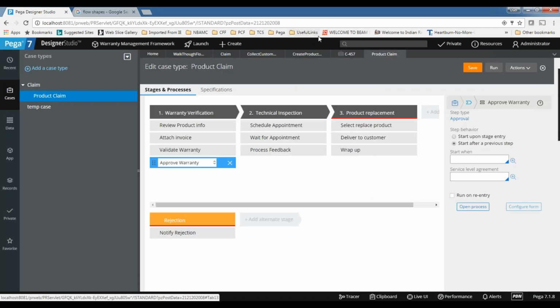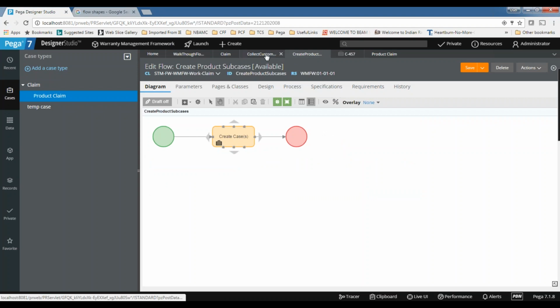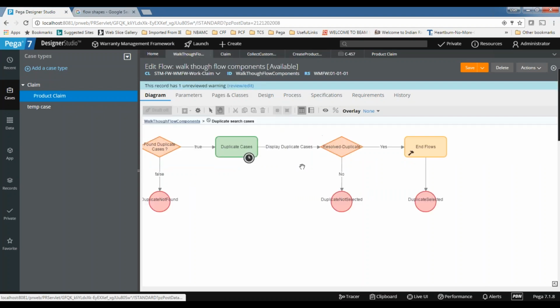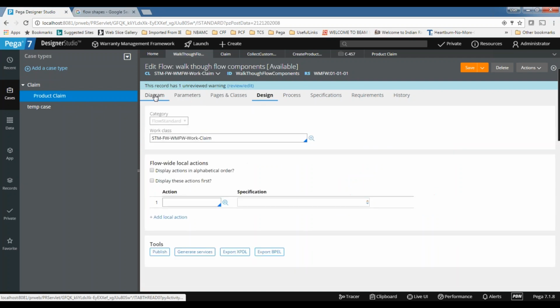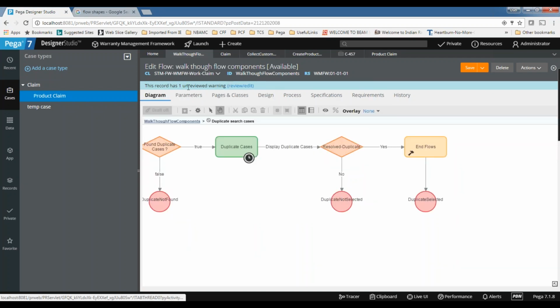Okay, those are the smart shapes. It's not possible to use all the shapes in one scenario, but most of the shapes we will use in this use case, and we will use those shapes whenever required, and we will go ahead. Already we used the decision shape, we will use it anyway.